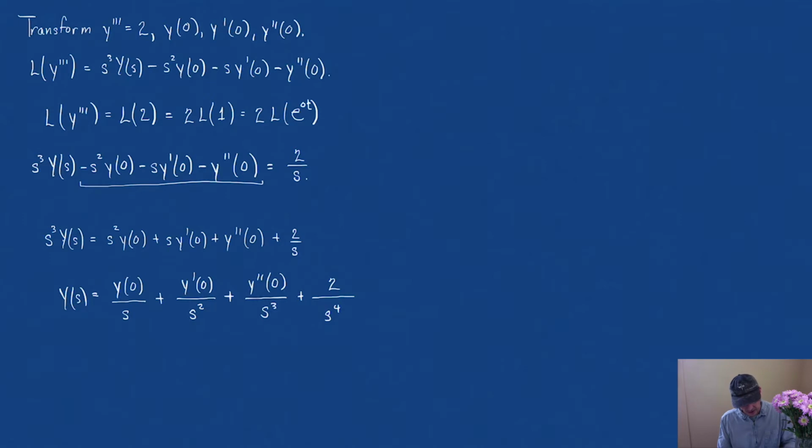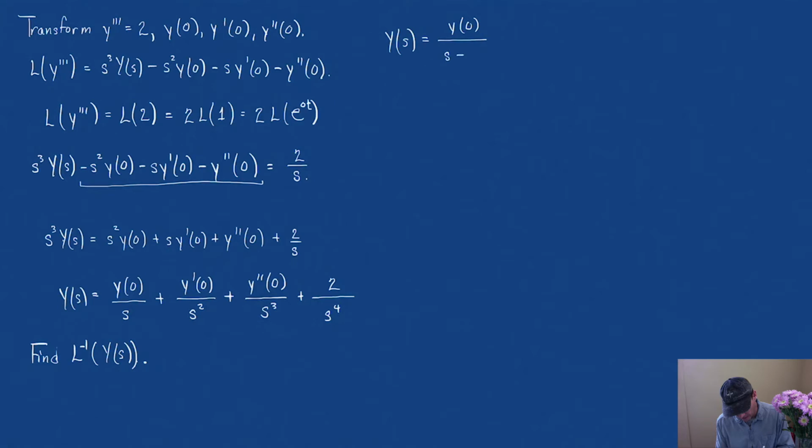So the next thing is to find the inverse Laplace of Y of s. So we apply the inverse Laplace transform to both sides. Before we do that, I want to write these in a way that might look a little bit more familiar to us. Let's write this as Y of s is equal to y of 0